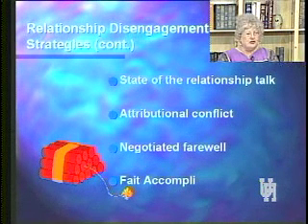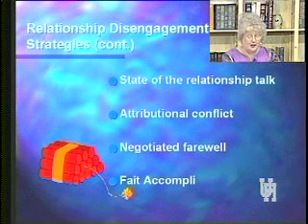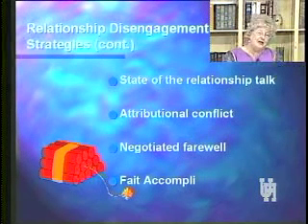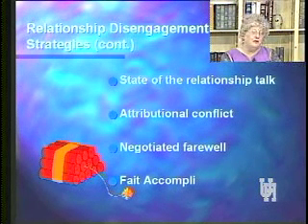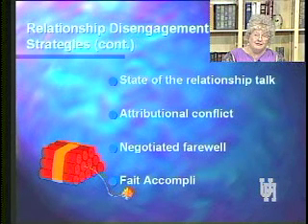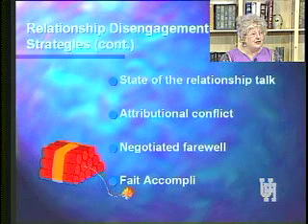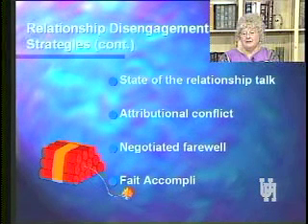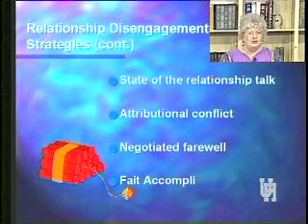A state of the relationship talk, you know, sometimes it's the boss who calls you in and says, I think we need to talk. Sometimes it's your fiance, and it can be she or it can be he. We've been engaged for 7 years now, or we've been dating for 7 years now, and there's still no engagement ring. We need to talk about this. Or, I've had this engagement ring for 7 years now. We really need to talk about setting the official date. Or whatever it is, we need to talk about the relationship.